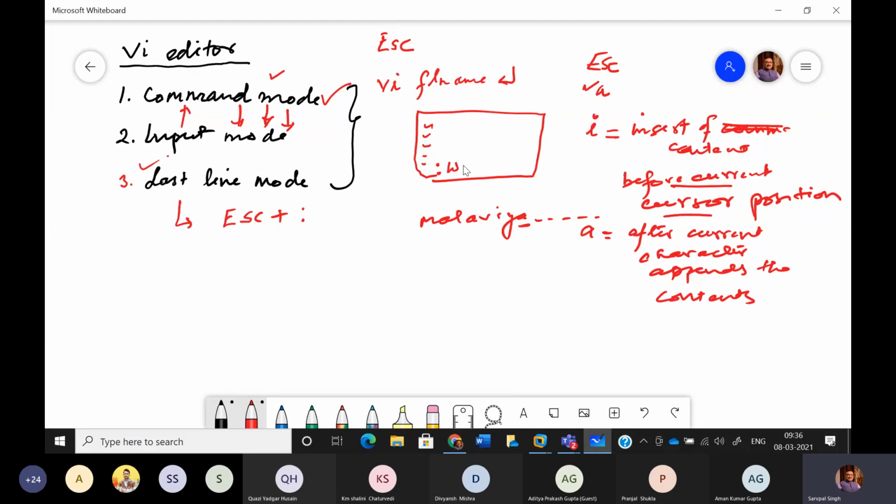Like one of the commands which I just described is W. It is similar to Control S of MS Word. So anything if you are typing, usually what is happening in Windows environment, we are having Control S to save the content. This is what we did in case of gedit editor also in Ubuntu. So there too Control S we are using to save the content and Control Q to exit from the editor. Here too I am making use of W in order to save the contents.